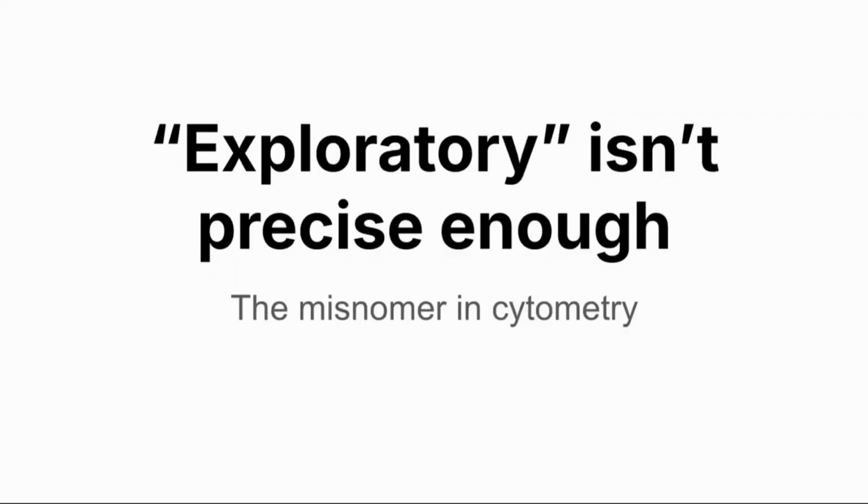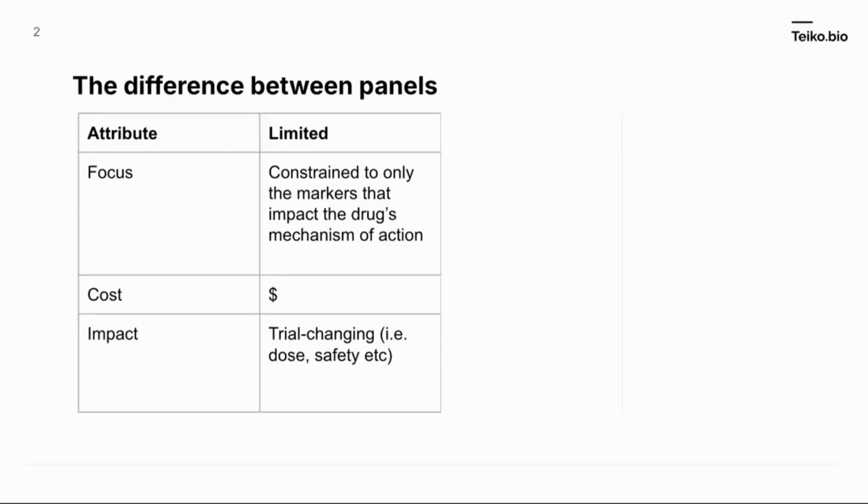There's a misnomer in cytometry about what exploratory panels are, and we're going to talk about that a little bit today. The difference between panels in terms of definitions, the first is what we call limited. These are your classic TBNK panels. These are constrained only to the markers that impact the drug's mechanism of action. So the cost may not be super expensive, but these could be trial changing in terms of changing dose, safety,